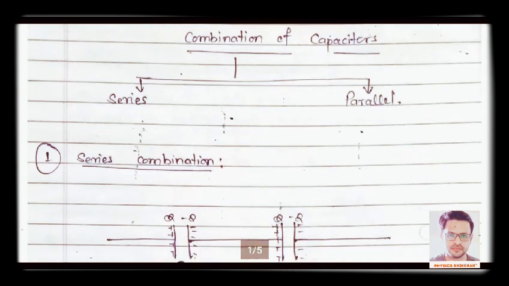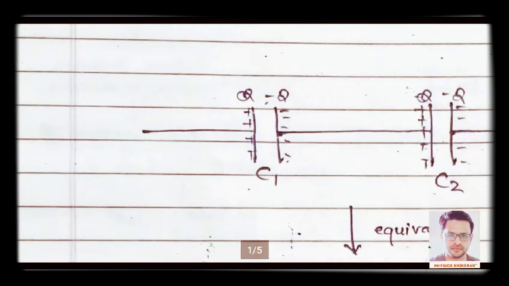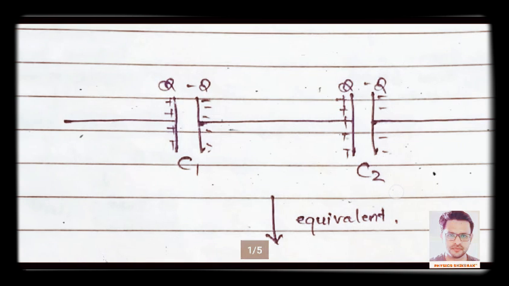So now let's move with the series combination. Students, as you all know, a capacitor will look like this, a symbol which we use to represent capacitance in an electrical circuit. You can see there are two plates on which equal and opposite charges are getting accumulated. That's why the charge densities are there, but in equal and opposite nature. And C1 is the capacitance of this first capacitor. The same way I have taken the C2 capacitor, but as you can see here, this is connected in series.